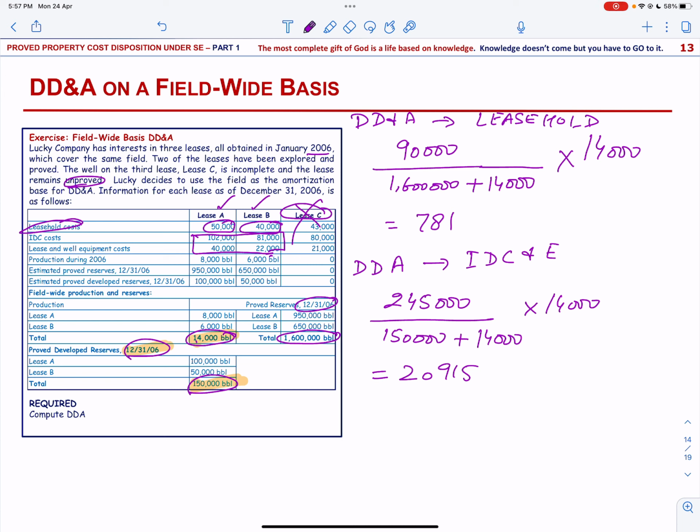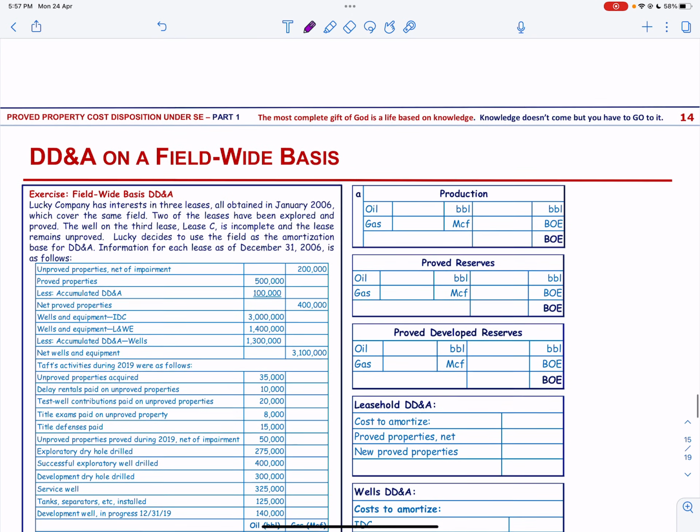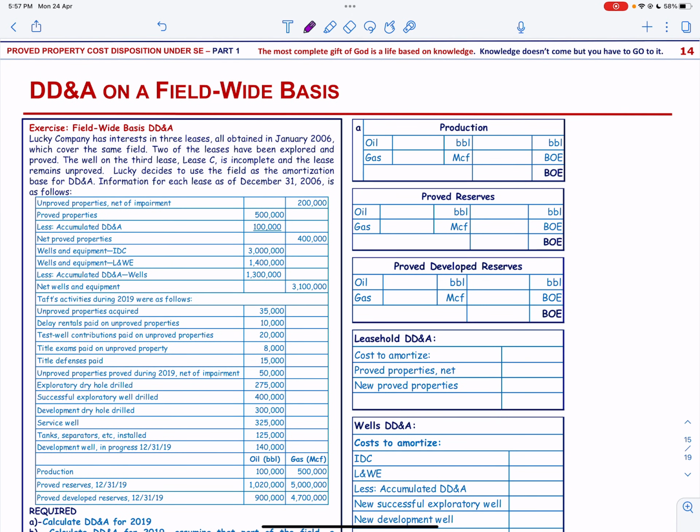So let us solve one more exercise on DD&A on a field-wide basis. Now, Lucky Company has interest in 3 leases, all obtained in January 2006, which cover the same field. Now, 2 of the leases have been explored and proved. The well on the third lease, lease C, is incomplete and the lease remains unproved. Lucky decide to use the field as the amortization base for DD&A, and the information is given to us over here,